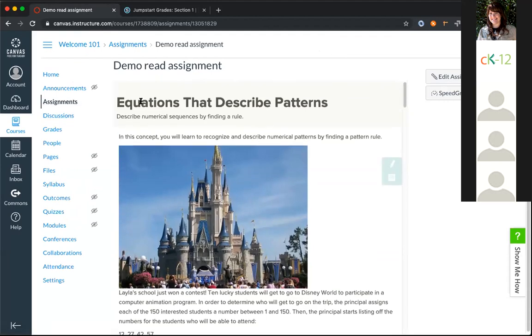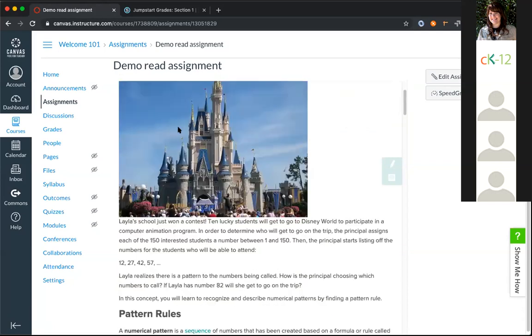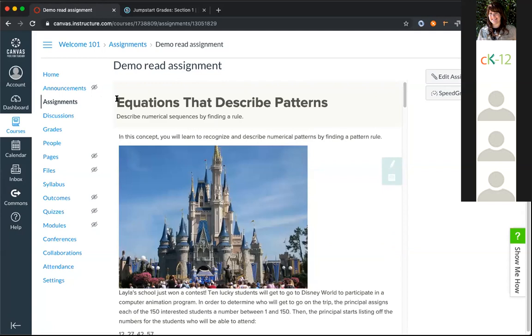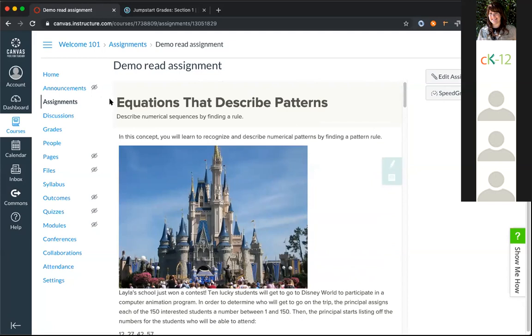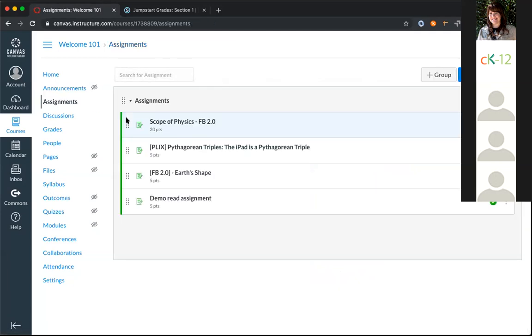And if you notice, this looks a little bit different from what we saw in that window. And even if you were to go directly on the CK12, this looks different from what you would see there. The idea was we wanted to eliminate all of the other noise and distractions on the page and just give you the content itself. So that's something we did for our reads, and similarly for videos, and even the 1.x Flexbook sections. So these are the pre-Flexbooks 2.0 lesson Flexbook, sorry. So that's creating one assignment.